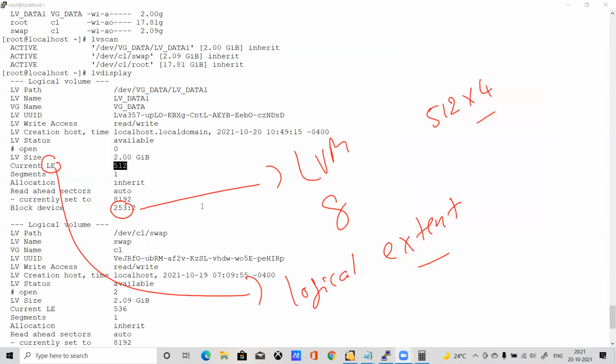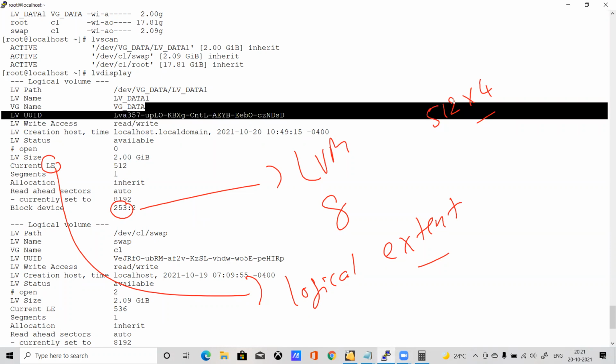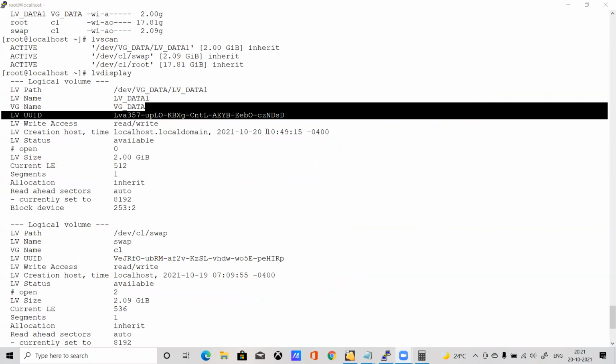They will say create 2 GB, but they will not tell you the size. They will say 2 GB, but in extents. So you need to work out how many logical extents you need. We need at least 512 logical extents, then it will create 2 GB. So now we have created it here.